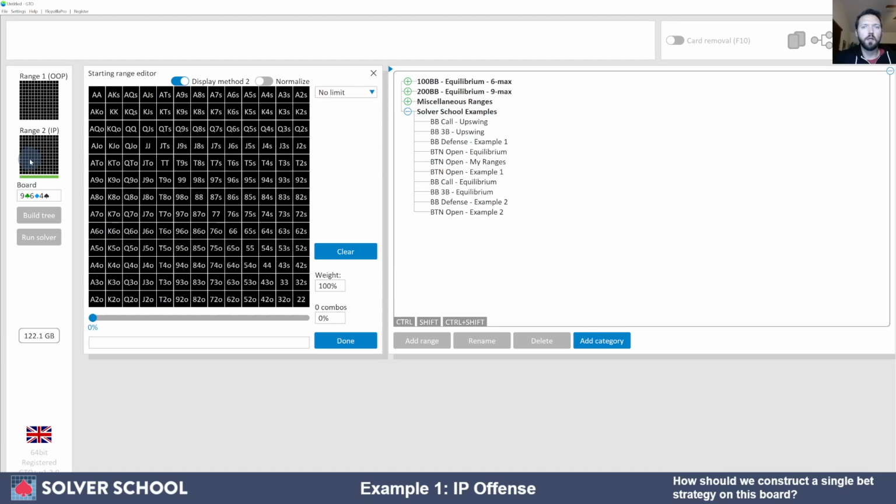As I mentioned in the slides, we are going to have different levels of clarity over our own ranges than we would our opponent's ranges. In many cases, we're not going to know our own ranges perfectly, but we're definitely going to know our own ranges far, far better than we're going to know our opponent's ranges. Sometimes we're actually going to know our own ranges very, very well, maybe 95% accuracy or even better,